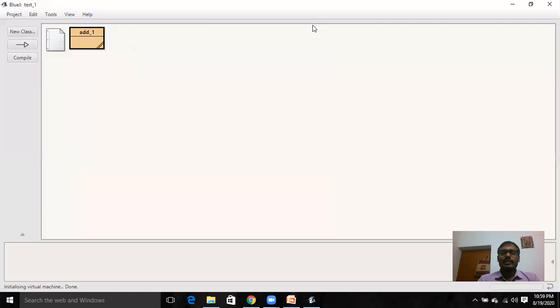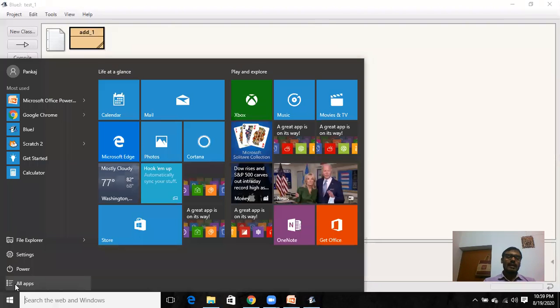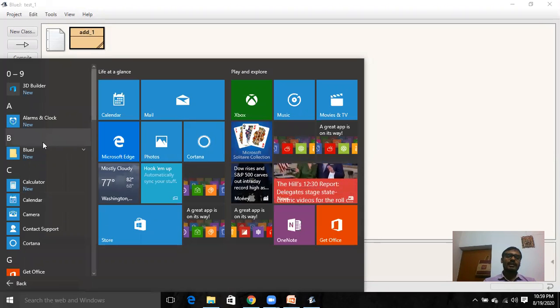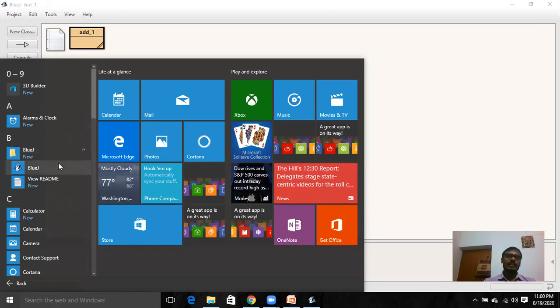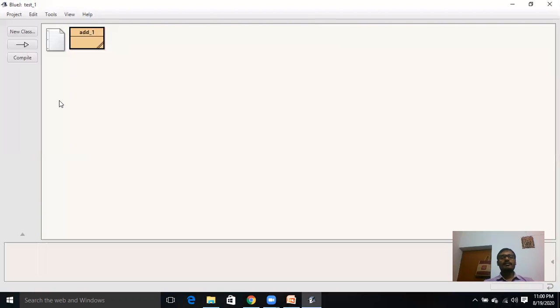For opening BlueJ, first you need to download the setup file by visiting the site www.bluej.org. After downloading it, you have to install it in your system. Then go to Start, select all programs and then click on BlueJ to start it. Okay, I've already started it.